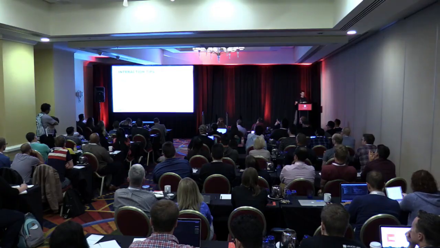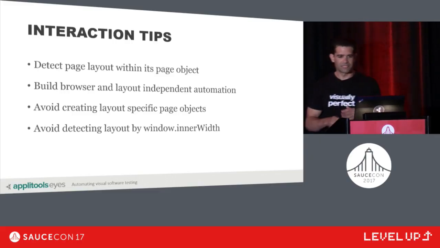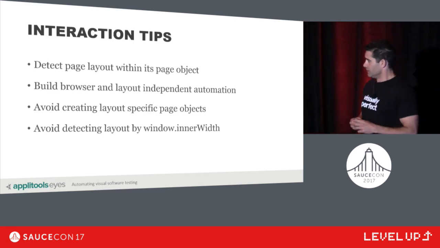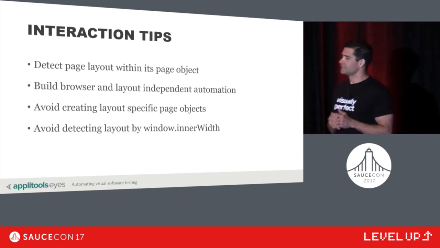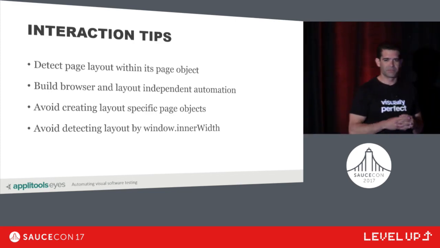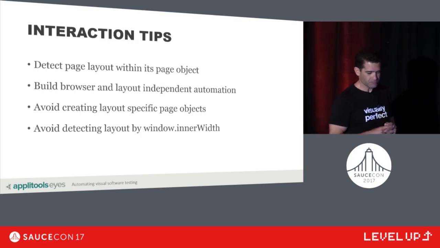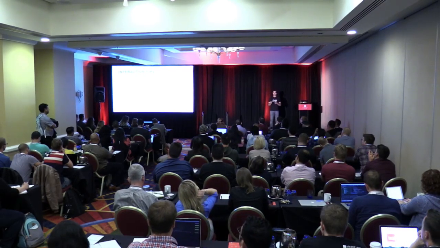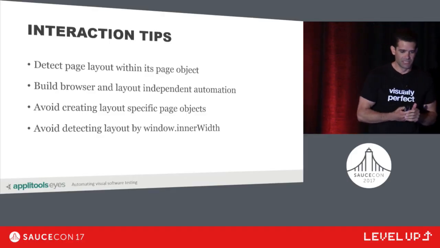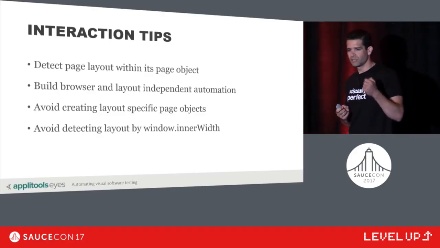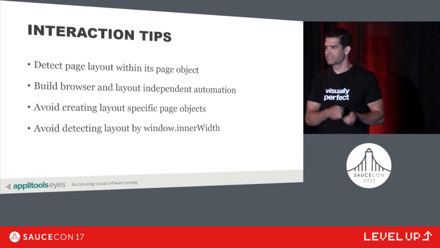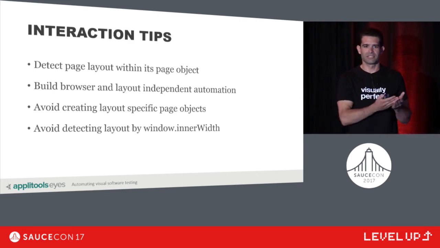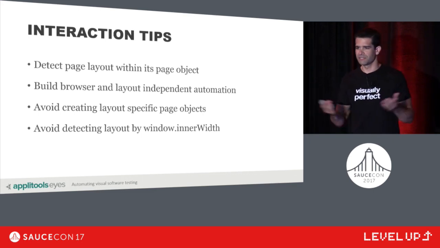Awesome. So let's review some tips related to the code that we just wrote, interaction code. So the first tip suggests that you should detect page layout within the page object itself. Different pages will have different layout modes, and different layout transition points. And so the proper place to encode those rules is inside the page object rather than inside your tests. This way, if those rules would change, you only have one place to update rather than updating all of your